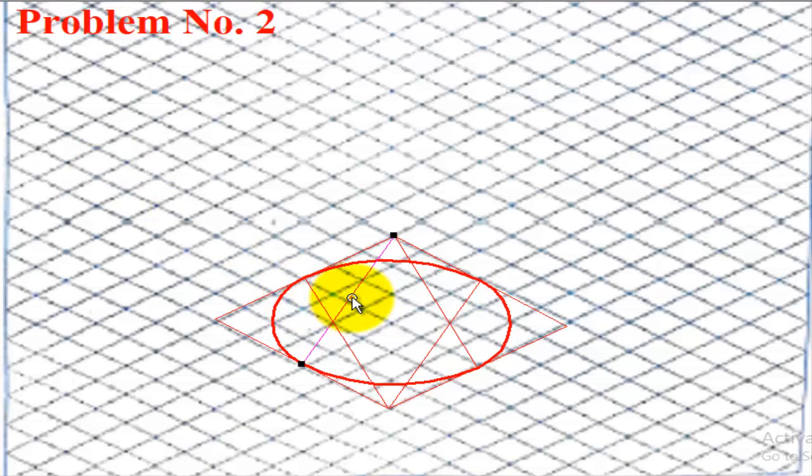After that you can erase the median lines whichever we drew, and now we need to get the center. To get the center, we can draw the diagonal line and get the midpoint, because we need to give the height. The midpoint is here. The height of the cone they given, the axis length, is 50 mm. That means from the midpoint we need to count 5 boxes: 1 2 3 4 5.